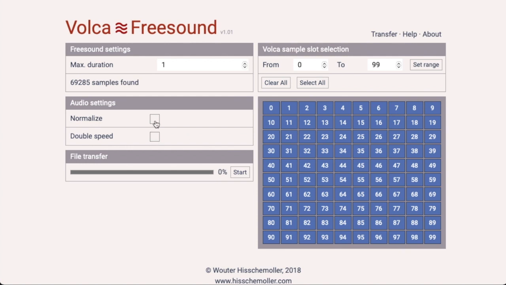Typically, the process of loading samples is a manual and time-consuming one, involving an SD card onto which samples can be loaded using a computer and then the card plugged into the device. There are some computer-based tools that can facilitate this process, and to mention an example of these tools very related to Source, it is worth pointing out the Volca Freesound, which can transfer Freesound sounds to the Volca sampler directly